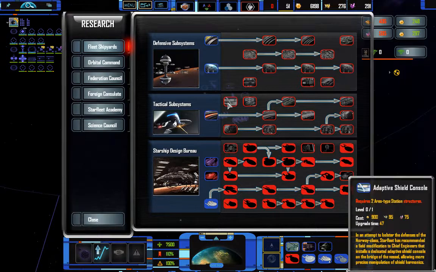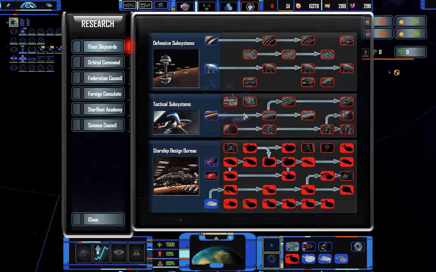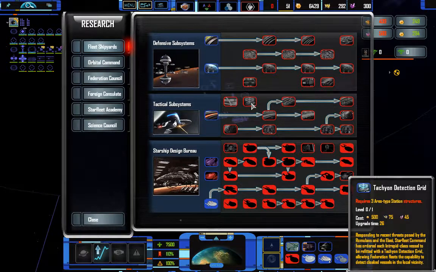So you can upgrade them. You can upgrade the shield consoles. Basically, it adapts to the kind of weapon fire it comes up against. You can upgrade the torpedoes, the tachyon detection grid. That's useful